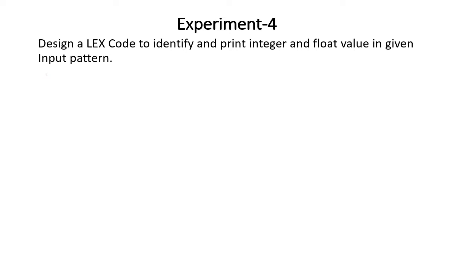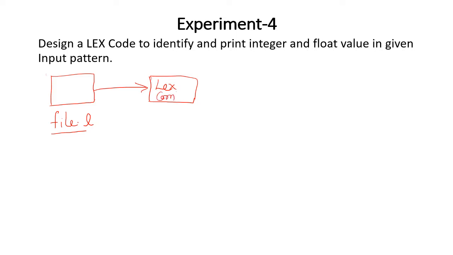So, before going to the program code, we need to understand first of all, we have a file. Let's suppose the file name is file.l. We are going to write a lex code, so the file extension will be file.l. Now this code will go to the lex compiler, as we know, and we have practiced much more in offline and online labs in previous sessions. So now this is the lex